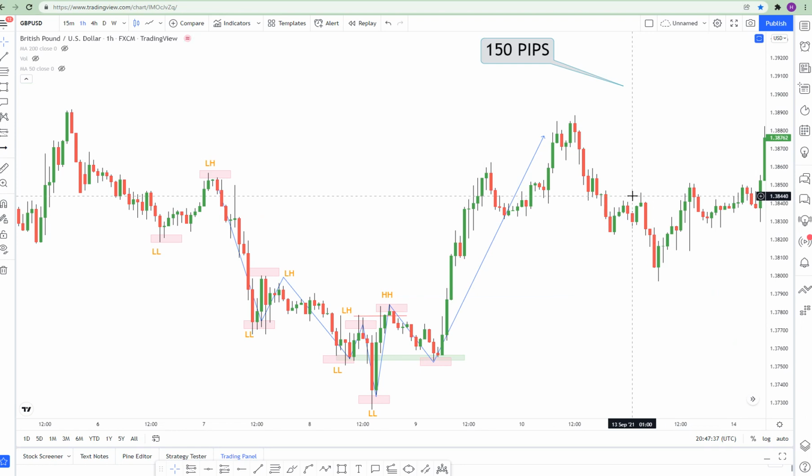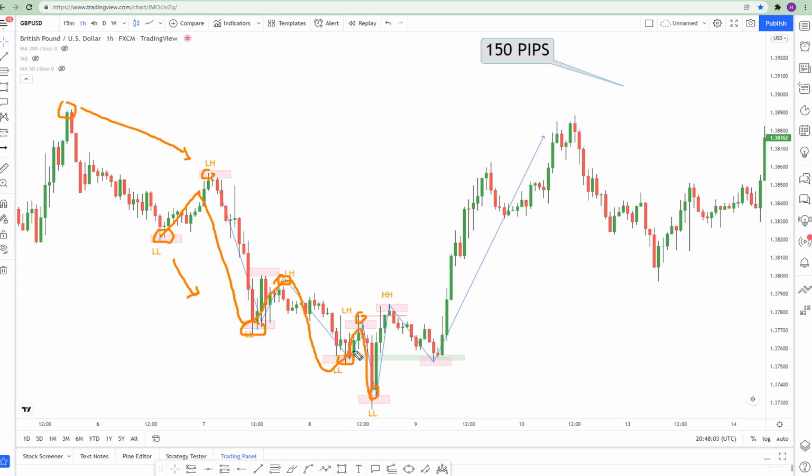Here I have an example of bullish Quasimodo pattern on the same pound dollar chart, and we can see here market made this low, high. Okay, this is lower than previous high, so it is actually a lower high. Then we made another lower low, so lower than previous low, lower high, lower low, lower high, and a lower low. So we are making lower lows, lower highs here, and after that market break and close above this area,